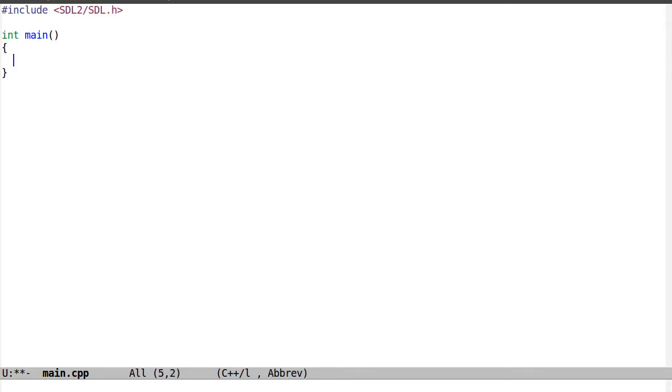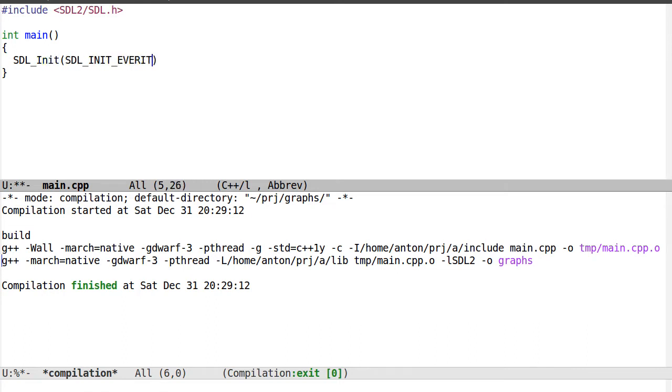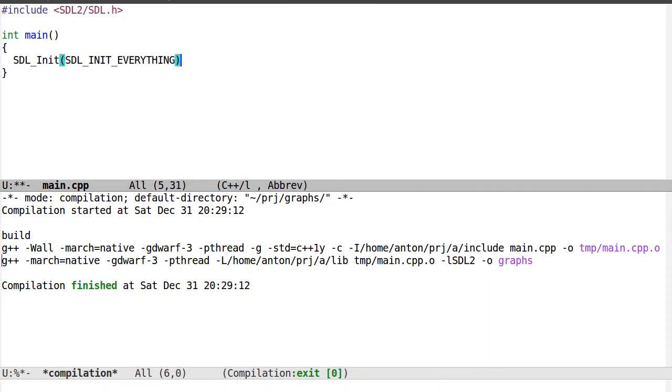sdl.h, and I'll try to keep everything in one file. So let's try to compile it like this. Let's do initialization, SDL_Init. I do not need to initialize everything, but why not? I misspelled one letter. SDL_Quit,